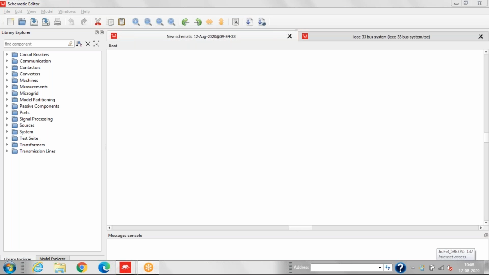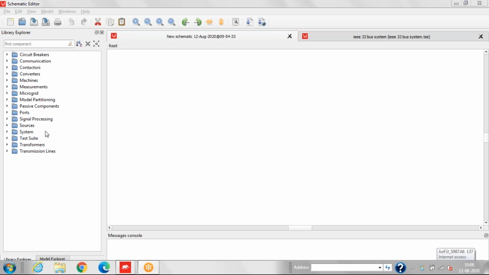We'll see how we can create the nodes in this schematic editor of Typhoon HIL, and how we can use different library components. The major component will be the transmission line, because it's a 4-node system.